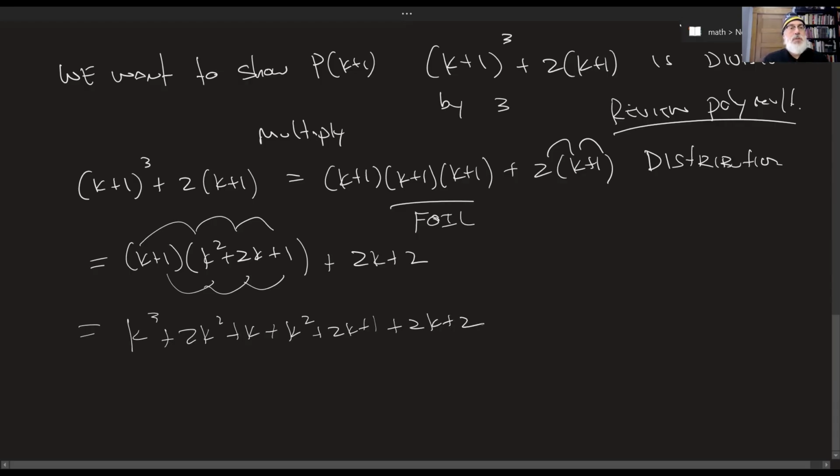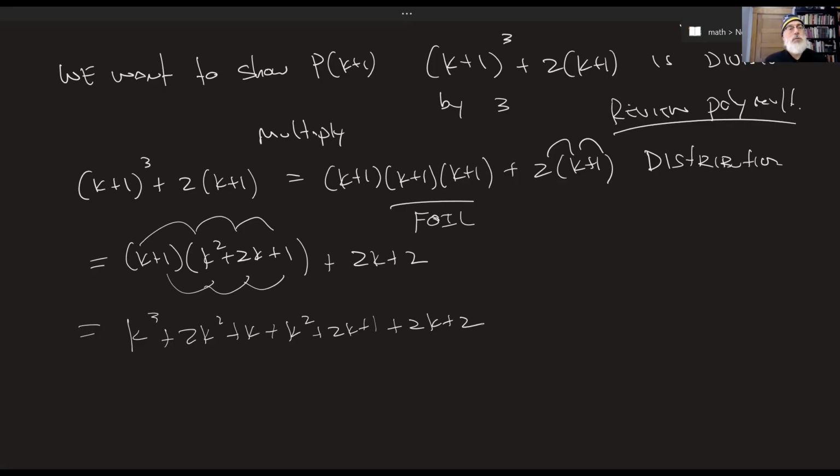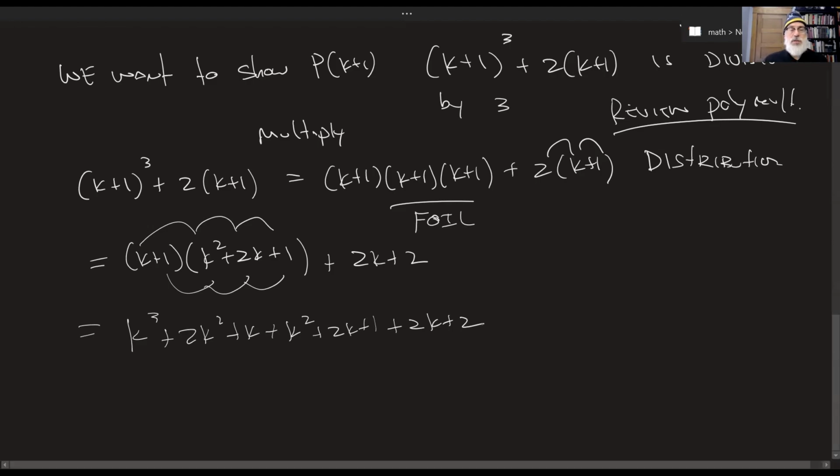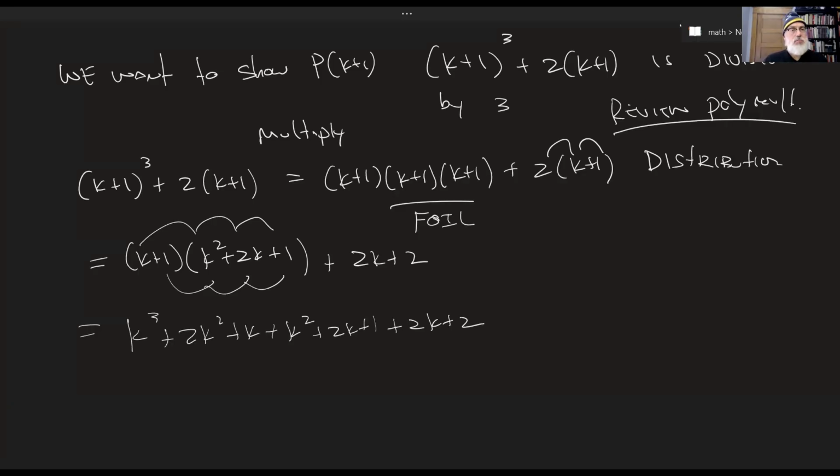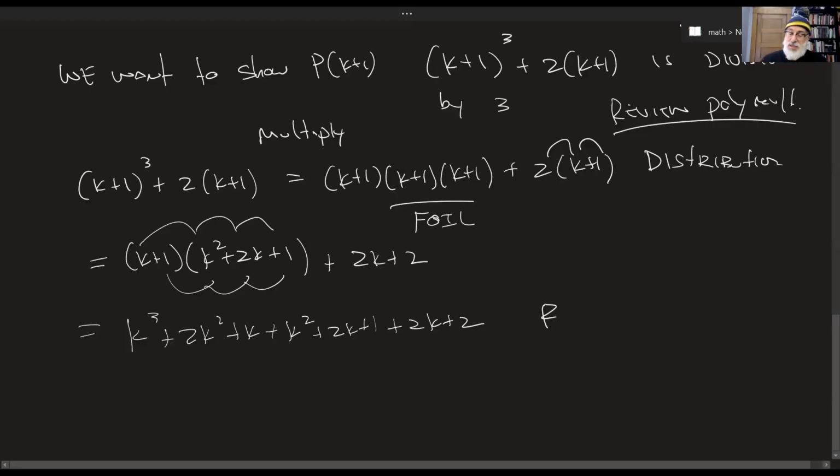Okay, so we have this long polynomial with a bunch of k's. Now, the thing we're taught in college algebra is to combine like terms at this point and then simplify. But let's resist that urge. So resist simplifying. The reason is because I want to use the induction hypothesis. And the induction hypothesis tells us that